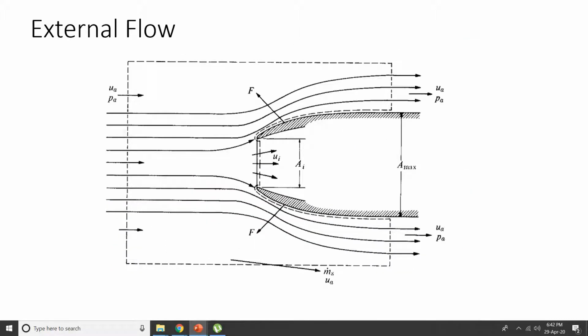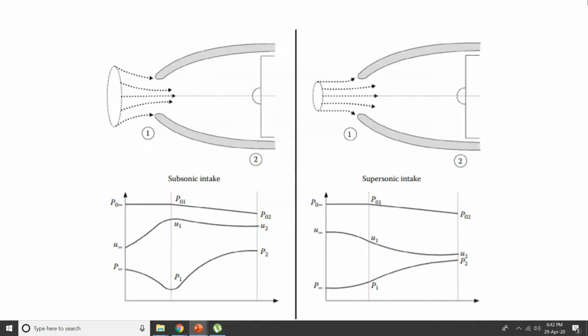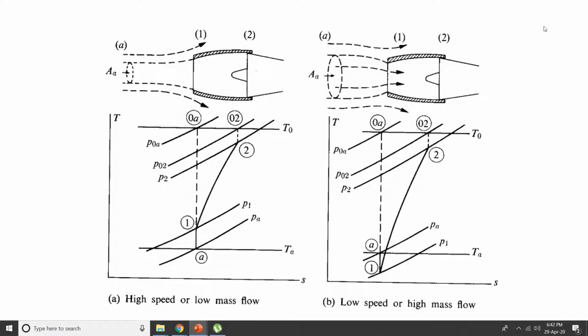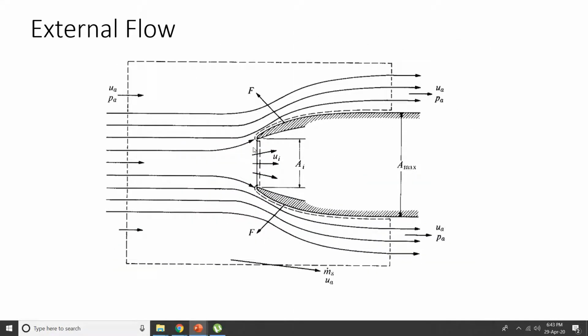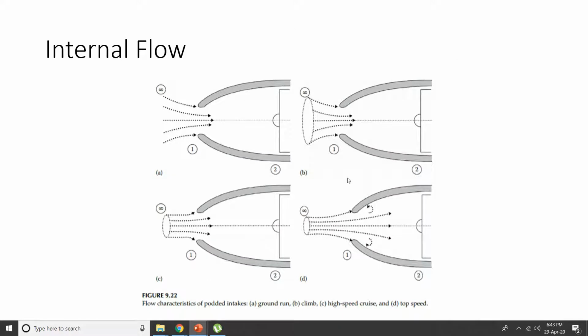Okay, now we'll speak of external compression. So far what we saw is how the compression is happening internally. Okay, we did consider externally, but here we'll see in detail what happens in an external compression. So in an external compression, you'll lose air. When you have an external flow, and the capture area becomes very small, you'll have something called flow separation.